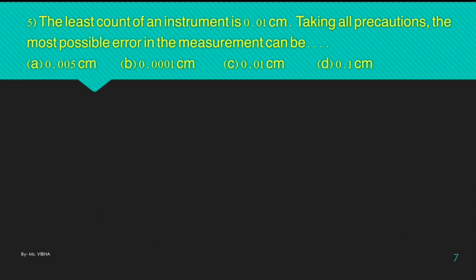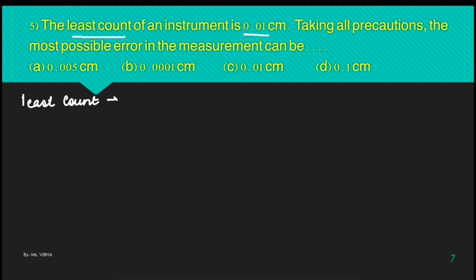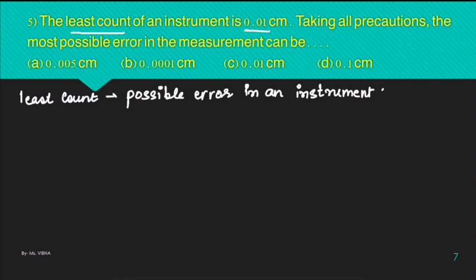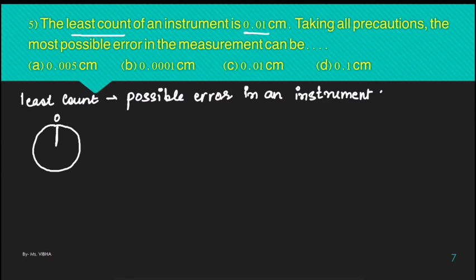So the next question says that the least count of the instrument is 0.01 centimeter. Now before doing this question you should know what is the least count. It is considered to be the possible error in any instrument. For example, we take a practical example. Suppose you have a weighing machine and the needle of the weighing machine is exactly on 0, and if the person stands on it to weigh its weight and the weight comes out to be 56 kg,